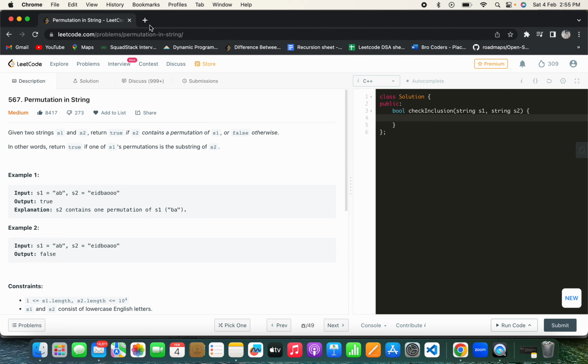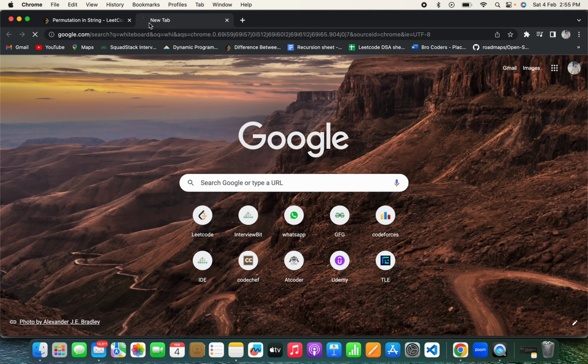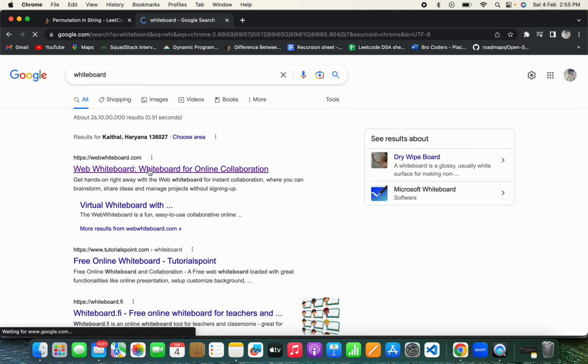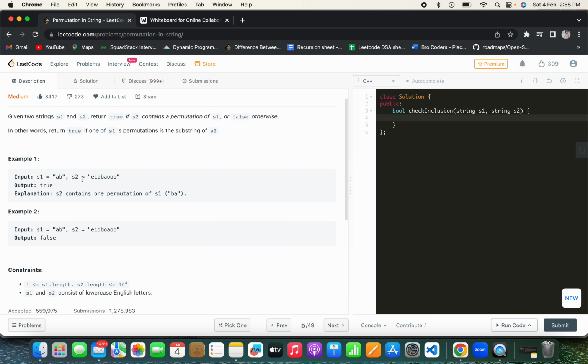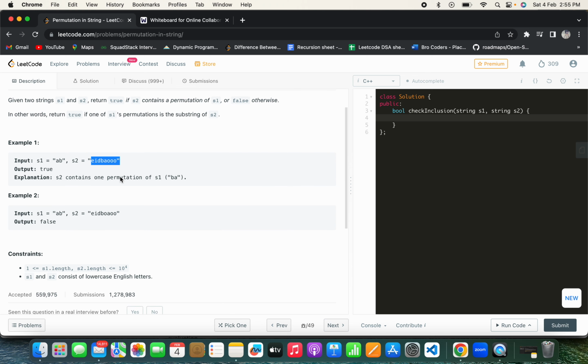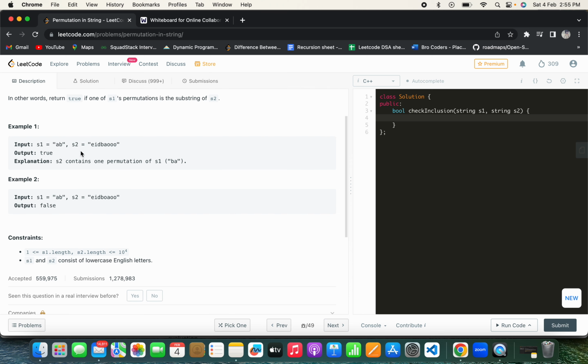Okay, let's start solving the problem. We are given two strings, S1 and S2, and we have to return true if S2 contains a permutation of S1, or false otherwise. Obviously S2 will be bigger, only then it can contain it. If S2 is already smaller, then the answer is false. So we are given an S2 and an S1, and we have to tell if S2 contains